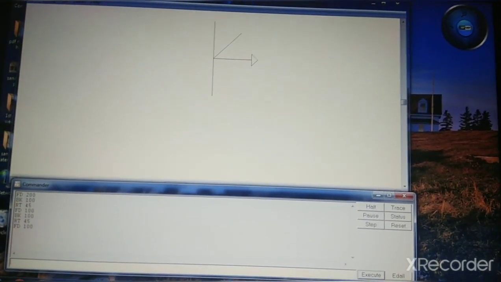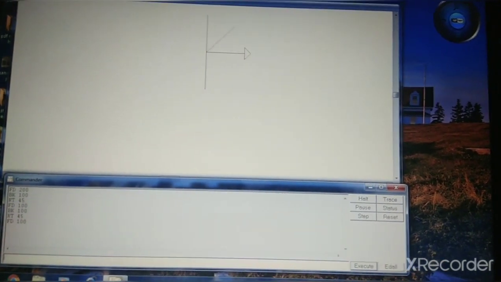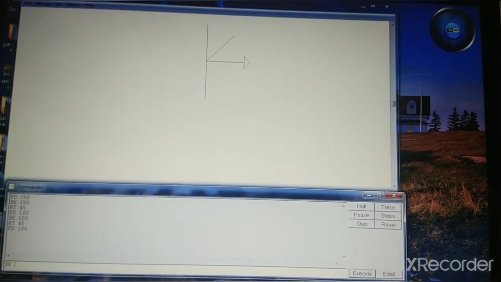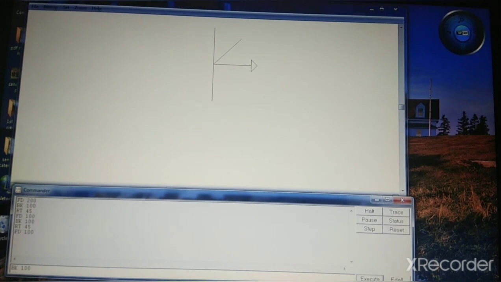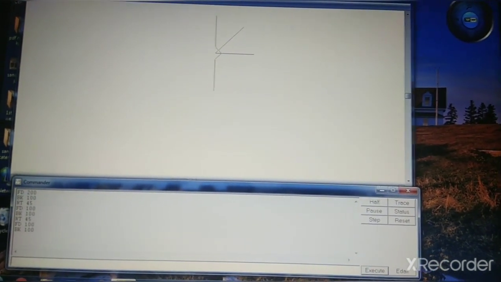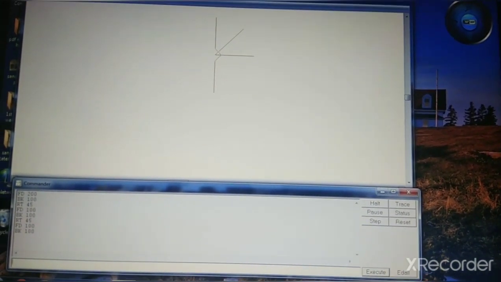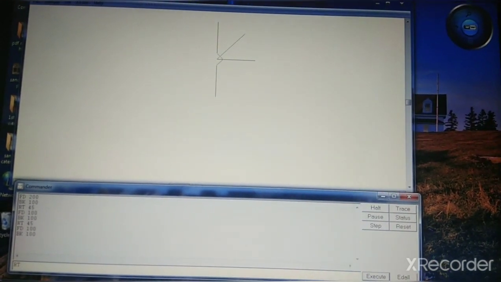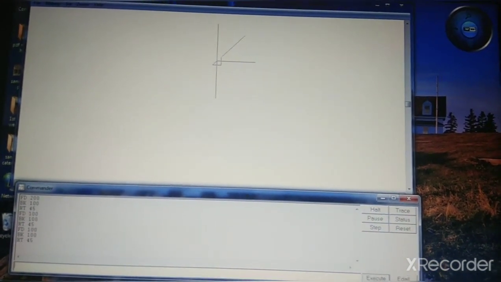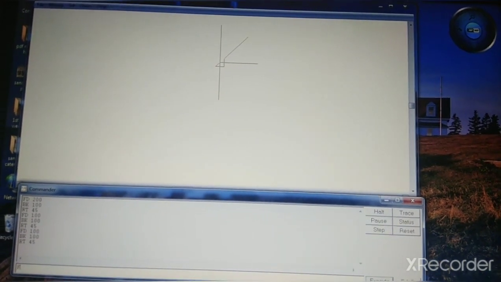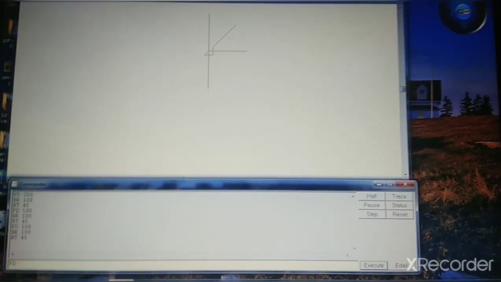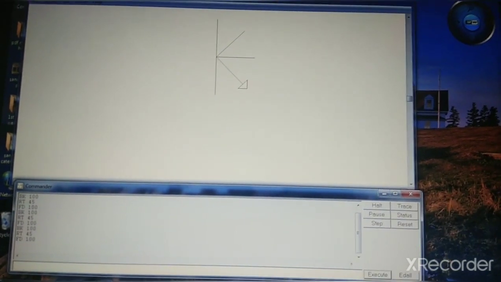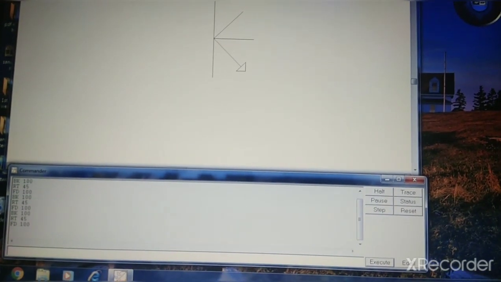Now again take turtle back, BK space 100 and press enter key. Okay, now again take a right turn of 45. Now again give a command FD 100. FD space 100 enter. See here in the figure.